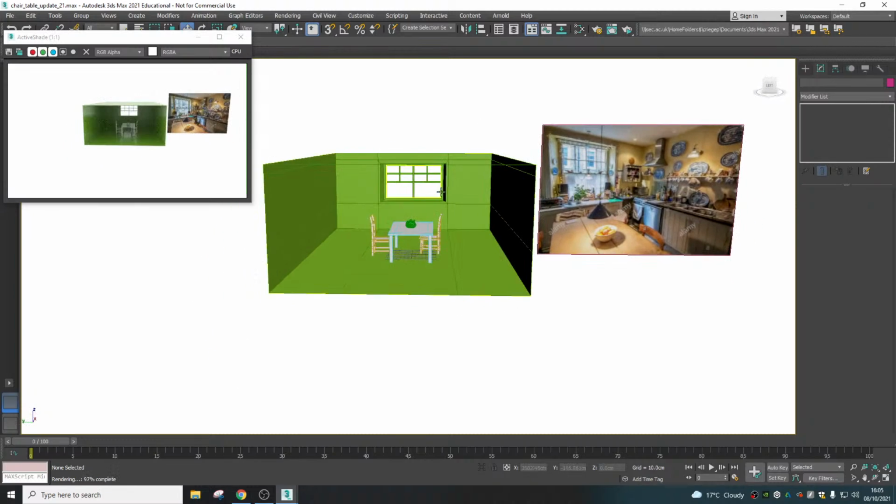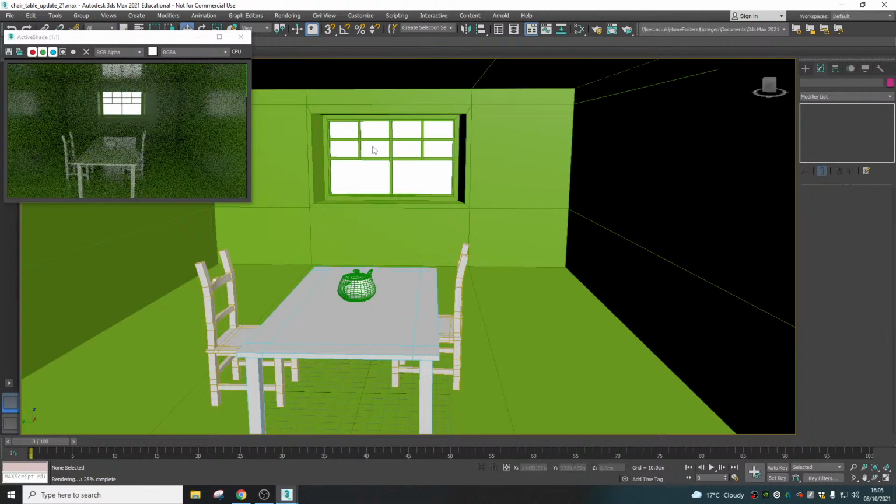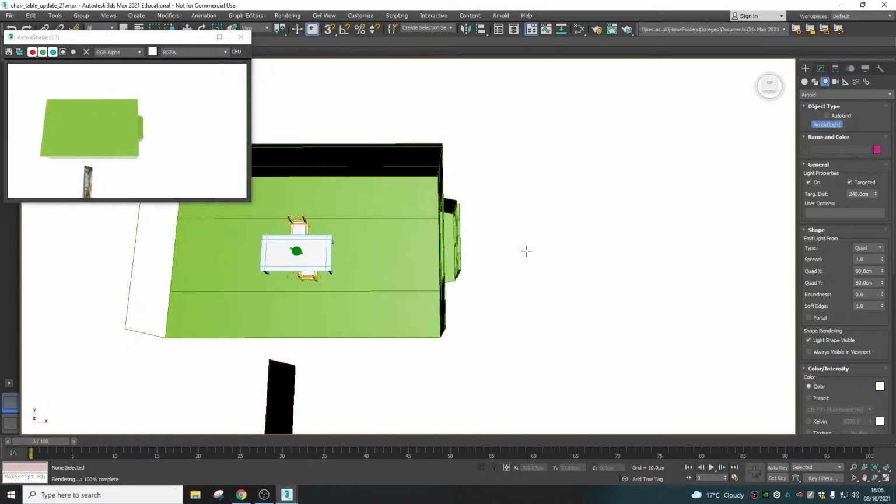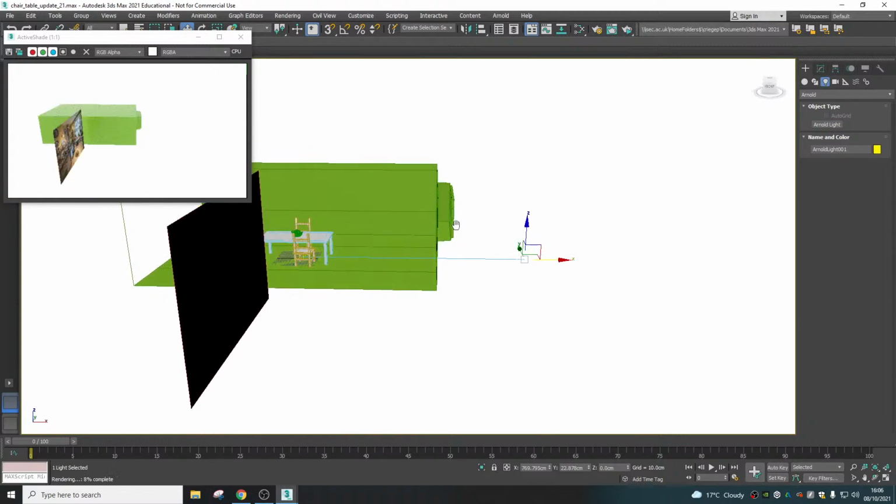All right, so that will change the light coming in from the outside because it does use area lights, so environmental lights. The next thing I want to do is go to create, so that's the plus side here. I'm going to go to lights, that's the third one over, click lights, and then change. I already changed it, so font metric standard we want to change to Arnold light, and then you have this button here, so I'm going to click this button and then click and drag a light, so you can see I've got like a dragger here, a point, right click to finish, always right click to finish,